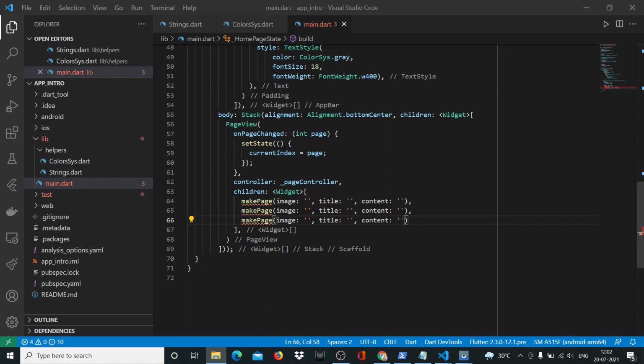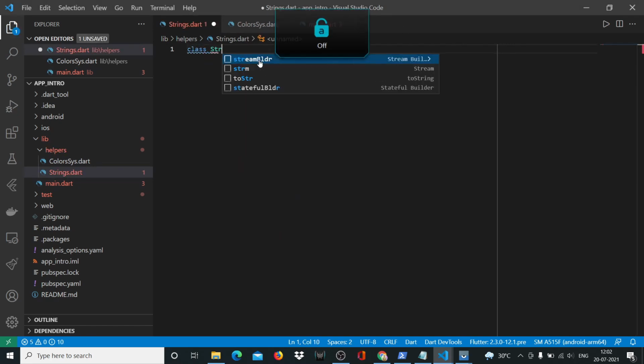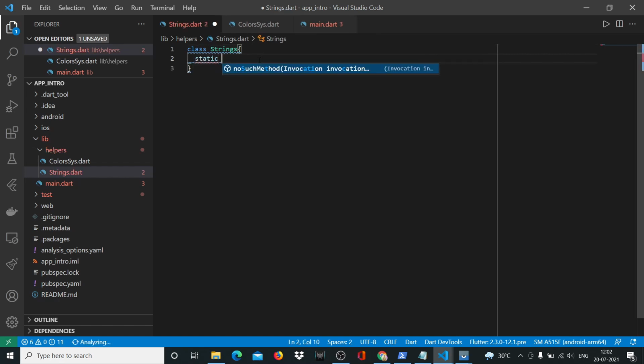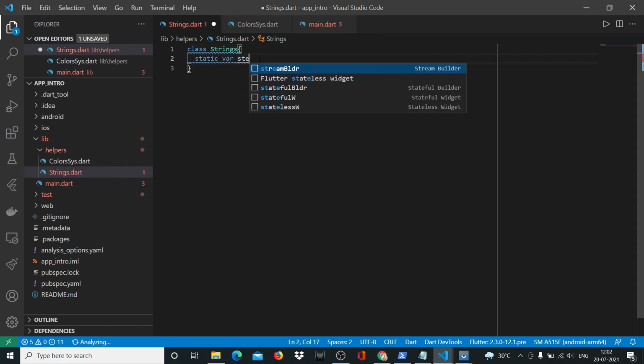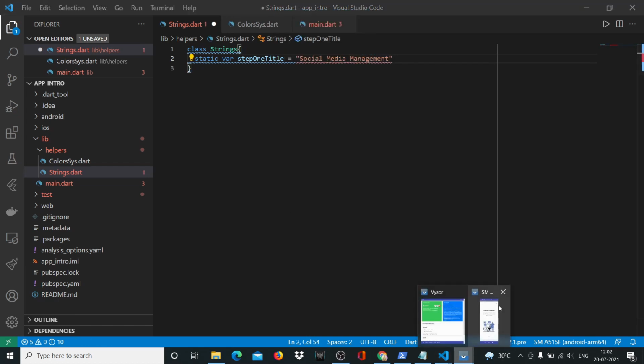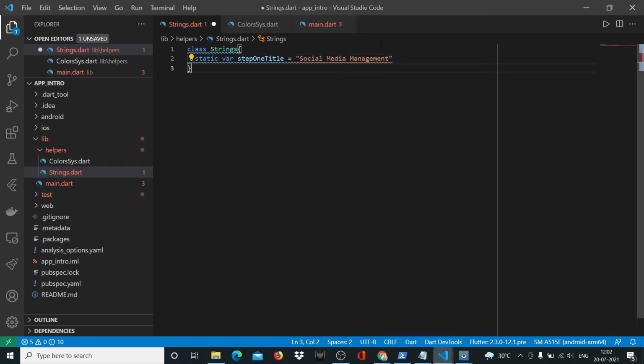Alright, so here what we'll do now is we'll start working on our strings.dart file. So let's head over to strings.dart, and we'll say class Strings, and inside that we'll say static var step1Title is equal to Social Media Management. So as you can see, this is what we're talking about, this title, and we'll put a semicolon here, and then we'll say